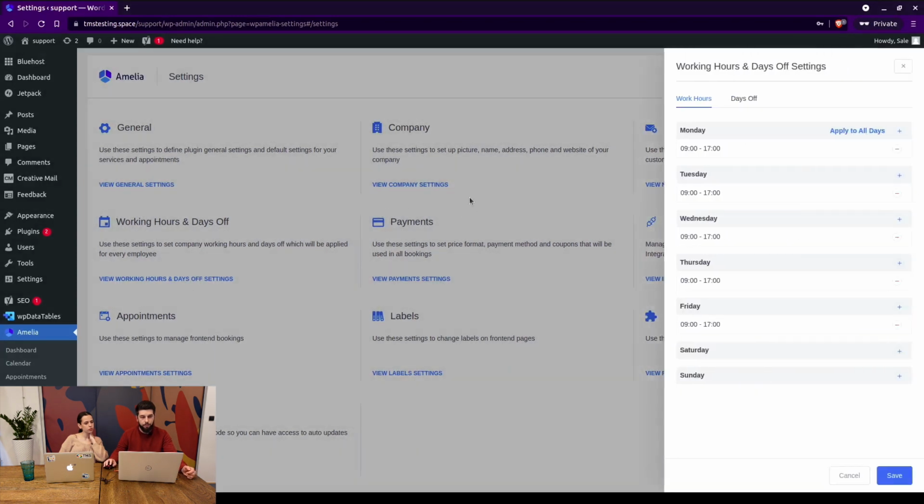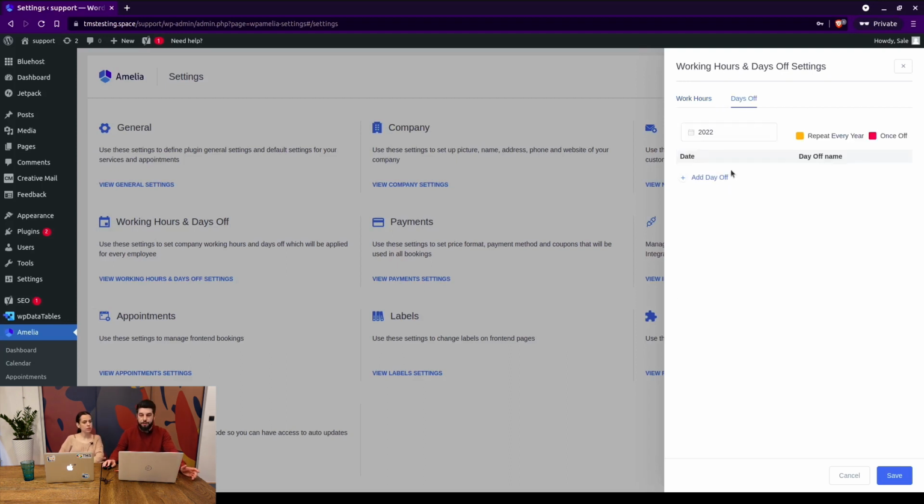Okay, global working hours and days off. This is something that you basically configure before adding your employees. So if your company works from 9 to 5, you simply leave it at that because this is the default settings. Here you can add days off, for example,